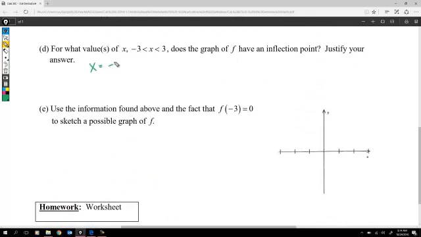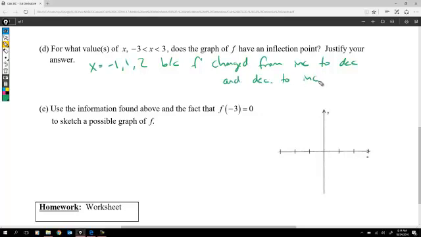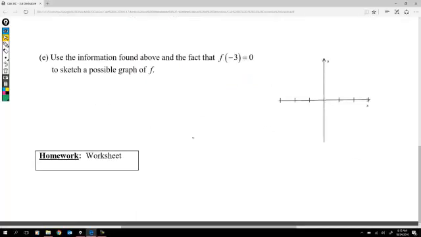So I can say x equals -1, 1, and 2, because f prime changed from increasing to decreasing and decreasing to increasing. Okay, in this last example we're going to do is a warm-up tomorrow, so I will